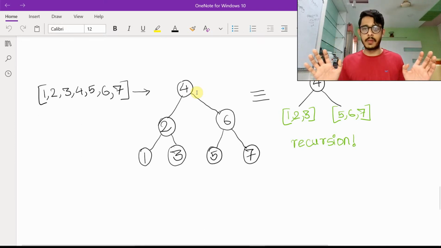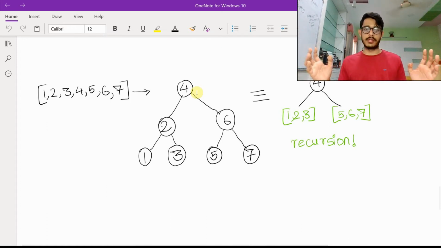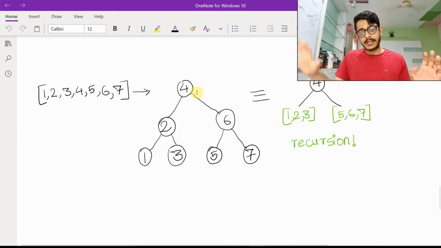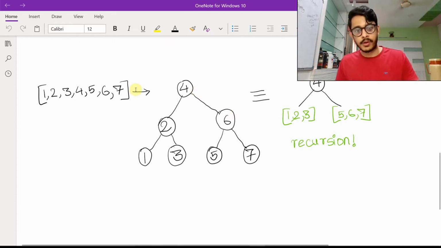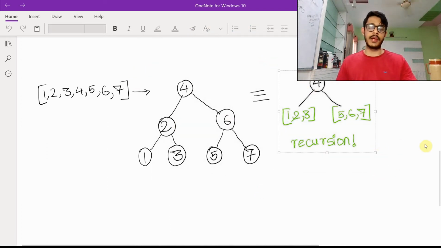What does this mean? This means that we've essentially split out this long array into 3 different parts. First, the middle one becomes the root. Second, the left hand side becomes another array, and the right hand side becomes another array. This is the second observation, because now you can see that this entire tree can be broken down like so, with 1, 2, 3 here and 5, 6, 7 here.